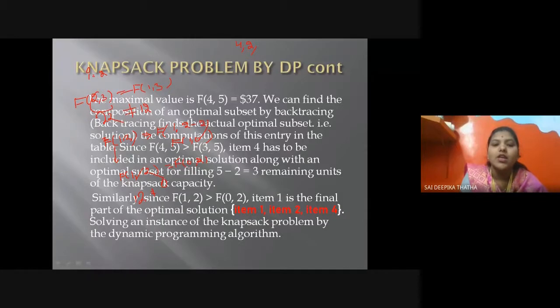So what I need to do, I can insert the item 1, that is from the value which is i comma j. The i value should be taken to insert into the knapsack. So what is my i here? My i value is going to be 1. So item 1 comma 2 comma 4 are going to be inserted into the knapsack. That is my final optimal solution.